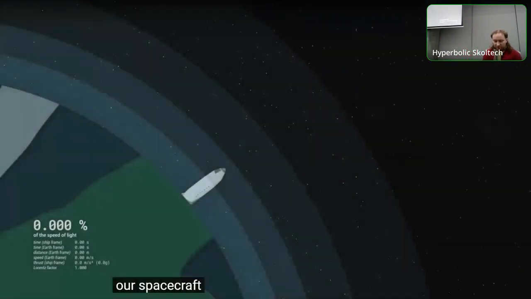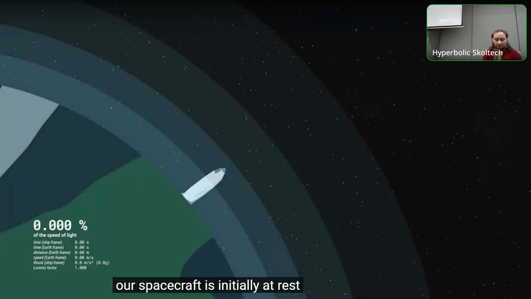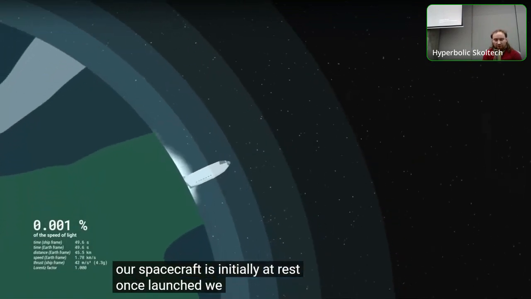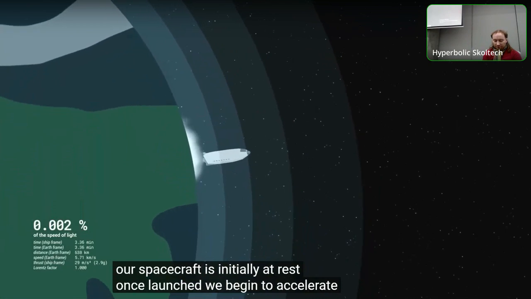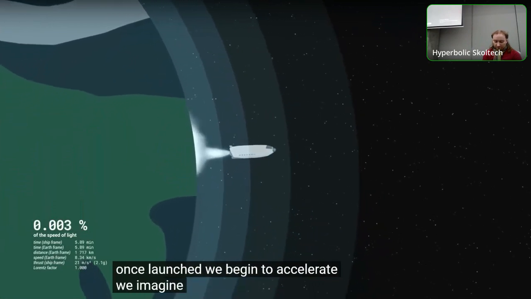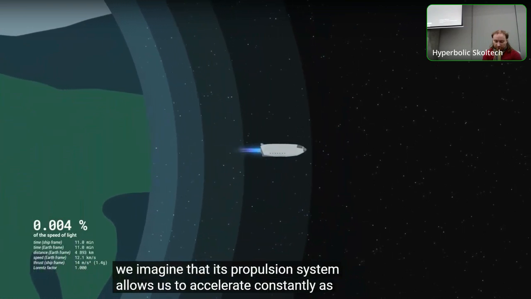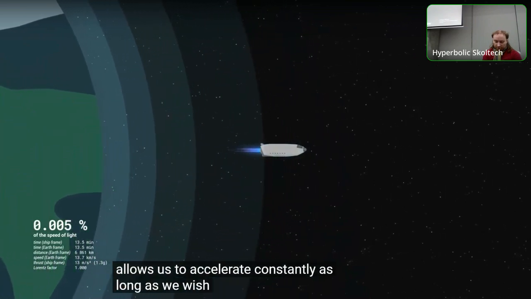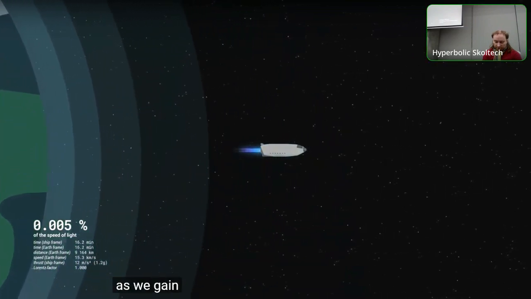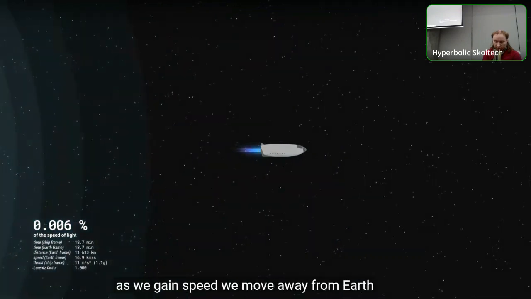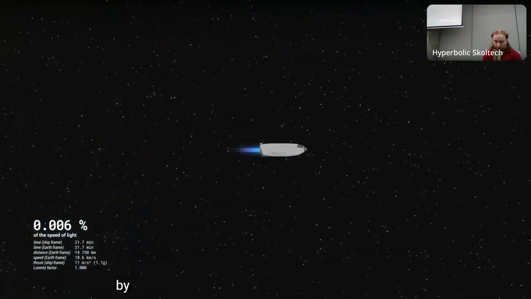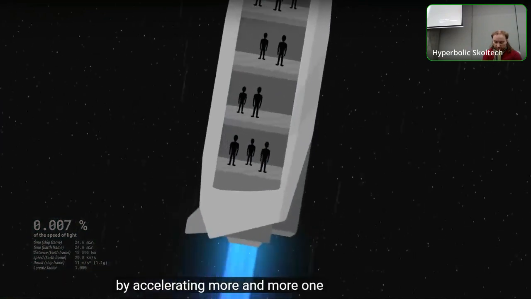Our spacecraft is initially at rest. Once launched, we begin to accelerate. We imagine that its propulsion system allows us to accelerate constantly as long as we wish. As we gain speed, we move away from Earth. By accelerating more and more, one would think